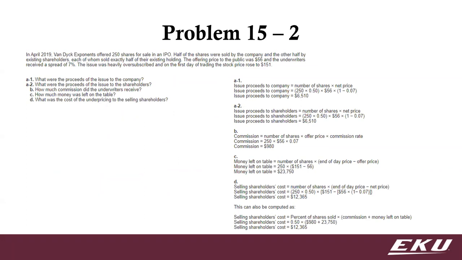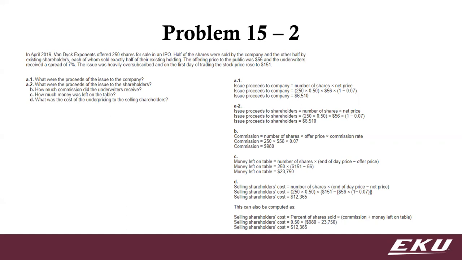Okay, and then problem 2, you see there's actually a series of questions, and so the answers for those are there on the right. Hopefully it makes sense, because what's going on is this company is going public, right? This initial public offering. So they're taking shares to the market. And so in this case, half of the shares are going to be sold and the other half go to the existing shareholders, those people that are in the ownership already, right? Because the company exists before it goes public, right? All those people that are at Google, when it goes public, now they have public Google stock.